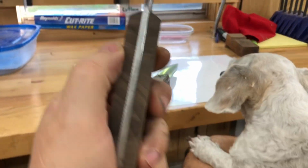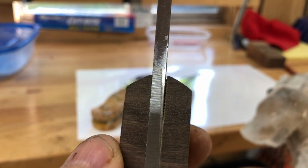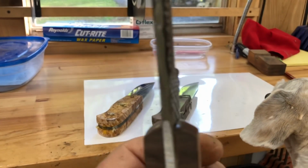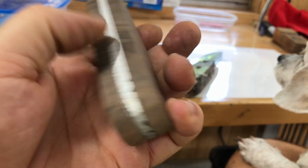Here's another one. A little bit of gap right there. And it's not the wood, it's the file. I can fill it with some epoxy. This side looks better. So I'm kind of thinking I'm going to stop making these for a little while,